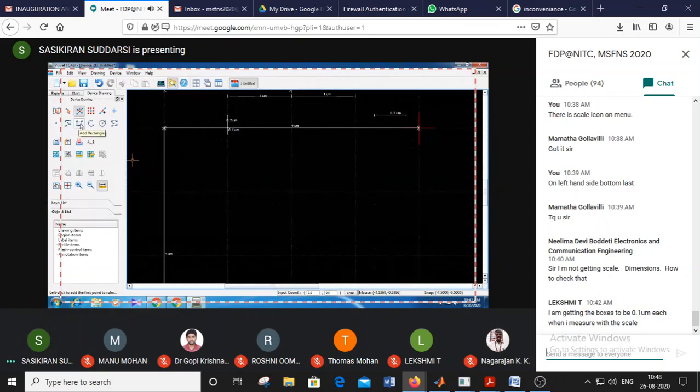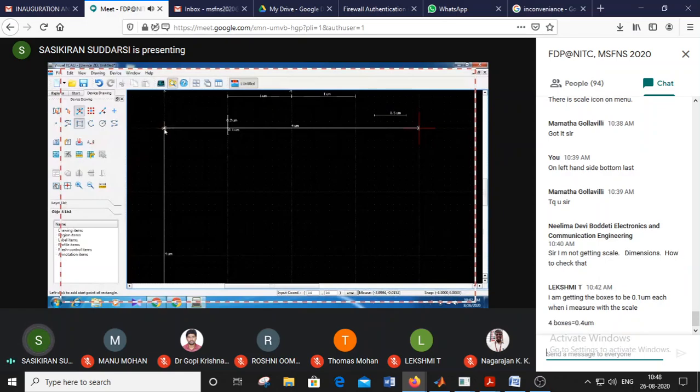Next we will draw with the rectangular boxes. I'm taking these rectangular boxes. Start with a single click, using my mouse left click, and end with a single click.